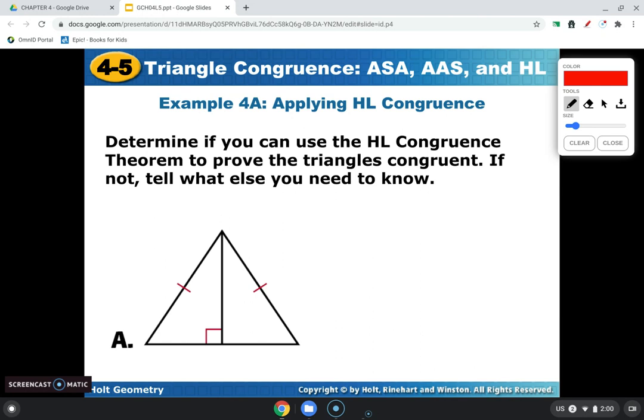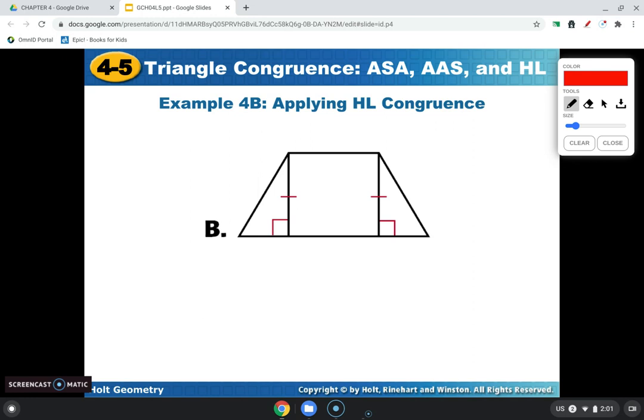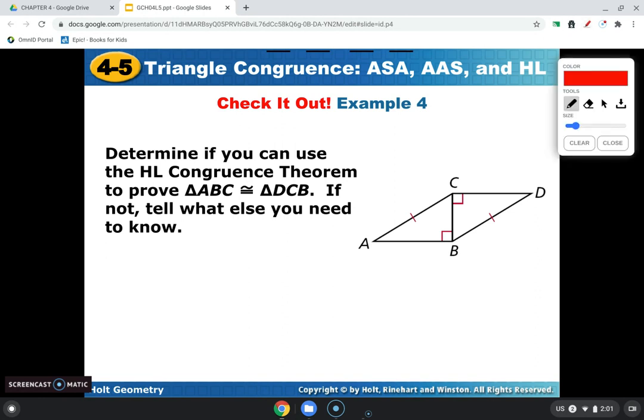All right, determine whether you can use hypotenuse leg to prove the triangles congruent. If you can't, tell us what else you need to know. Well, they were given this, and then they share that. So we've got a hypotenuse and a leg. So that one works. What about this one? Well, we're given this. We're talking about these two right triangles here. We do not know if the hypotenuses are the same. So that would not work. We don't know the hypotenuse for either triangle. Okay, what about this guy? Determine, so we're given those two sides, and then they share BC. So yes,